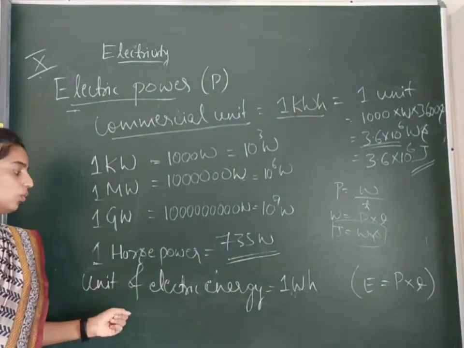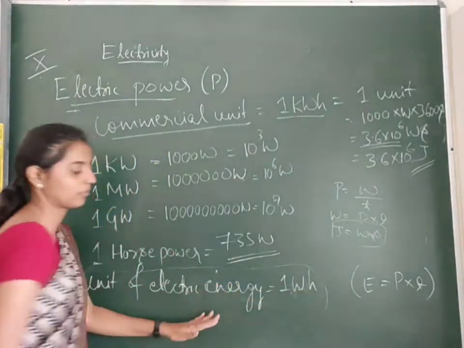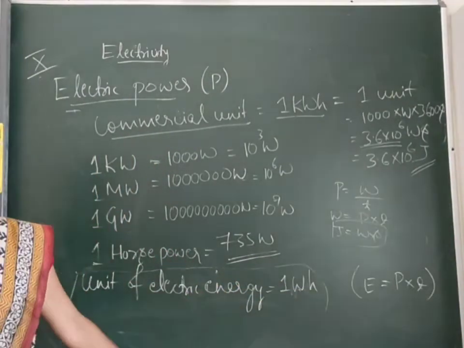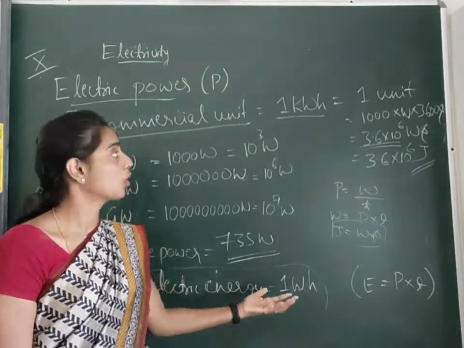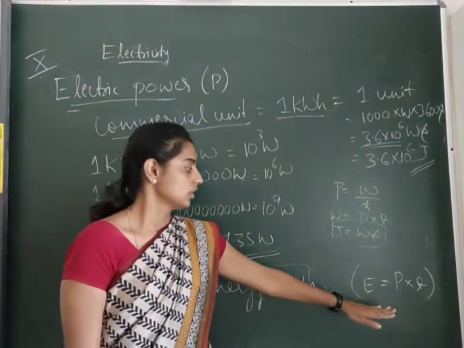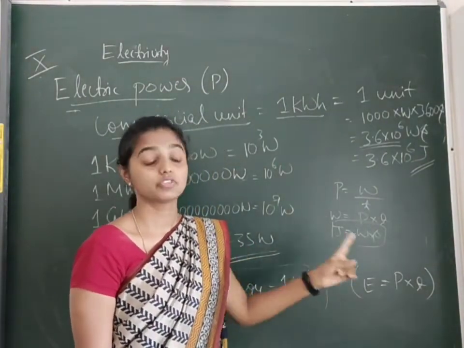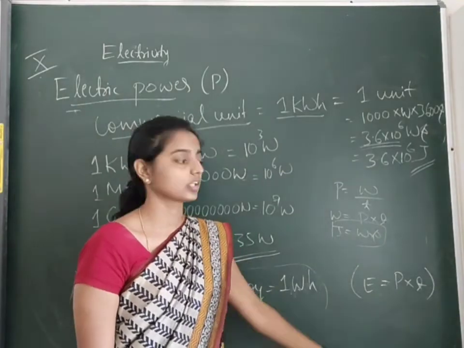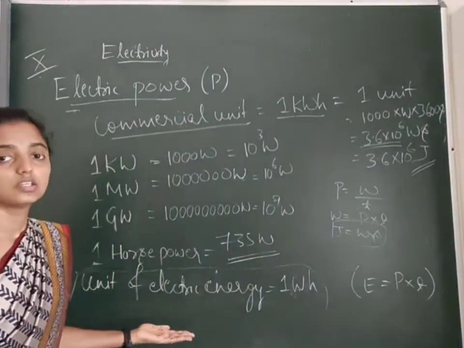And again, the unit of electric energy. This is not related to power, but it is another extra point which we'll be using while solving numerical problems on electrical power. So E is equal to P into T, and also H is equal to P into T, which we learned while deriving the Joule's law equation, right? So when we get this type of statement in a numerical problem, we will be using this equation.